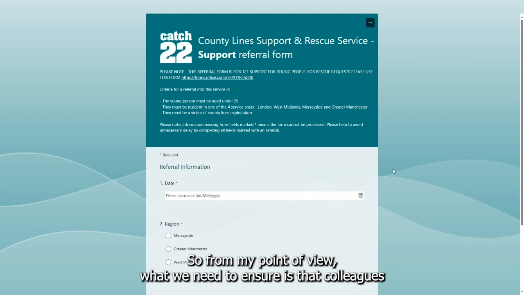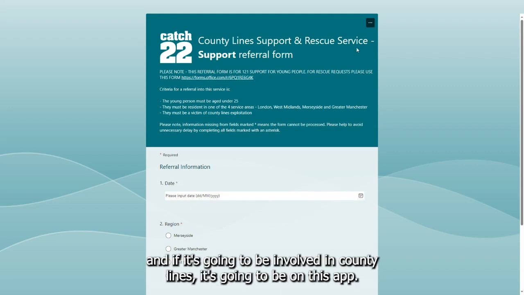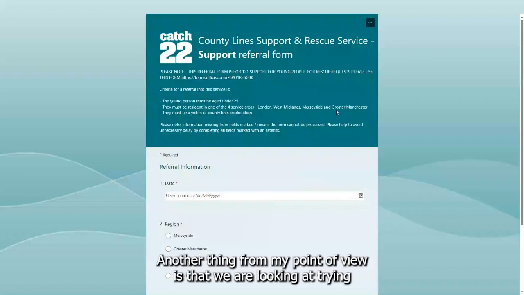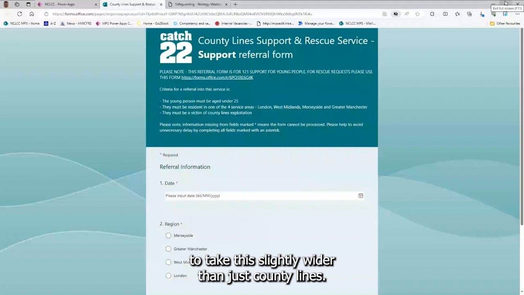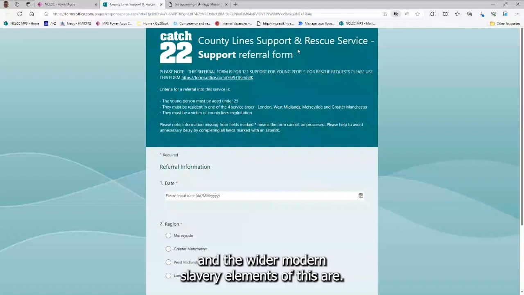So from my point of view, what we need to ensure is that colleagues understand everything that's around the County Lines landscape, and if it's going to be involved in County Lines, it's going to be on this app. Another thing from my point of view is that we are looking at trying to take this slightly wider than just County Lines. We're looking to drive this forward really into criminal exploitation and the wider modern slavery elements of